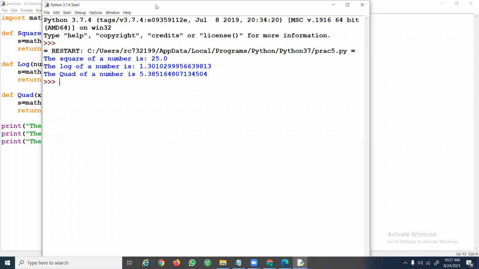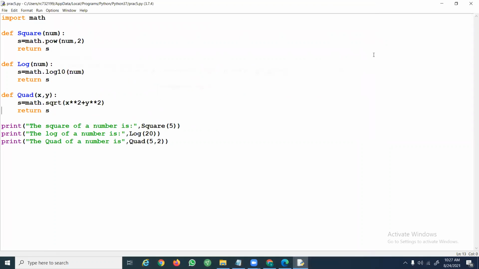In the practical examination, if the examiner wants you to enter the details, if you have been asked to get the detail from the user, what you have to do is get the value from the user and then substitute it here.